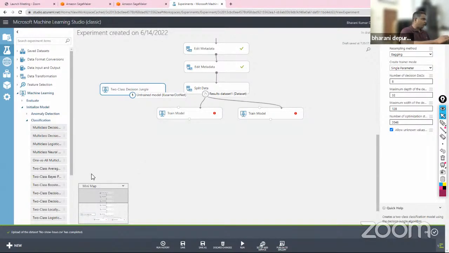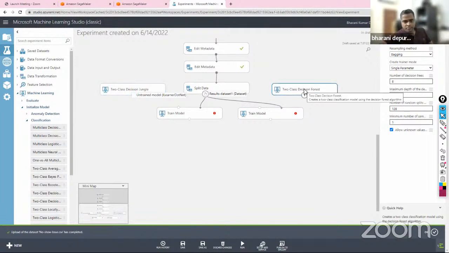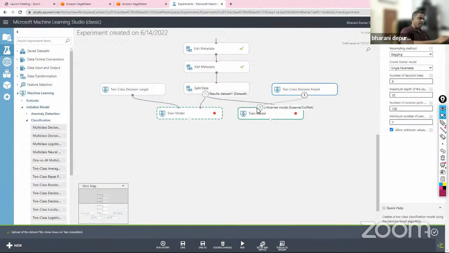If you feel that, you know what, I also want to try out 2-class decision forest, do so. There's no stopping. It's up to you on how many algorithms you want to experiment. And once you have this here, you select that. You select this. The moment you do that, a green color notch appears. And it is an indication that you have to establish the connection to that part. So everything is shown to you. So once you split the data into training, and then once you build your model,